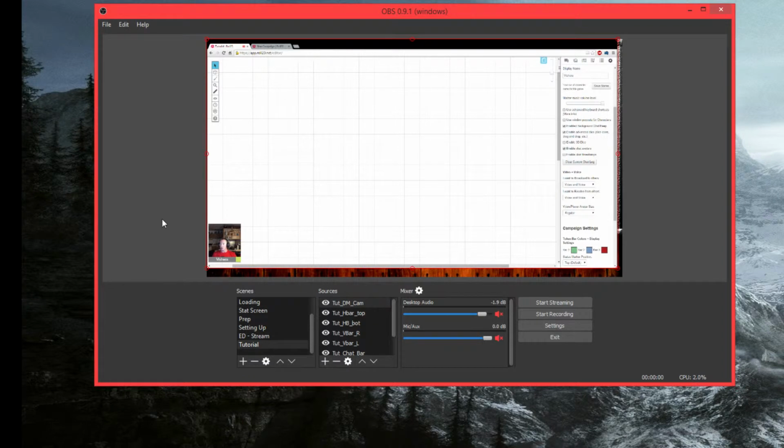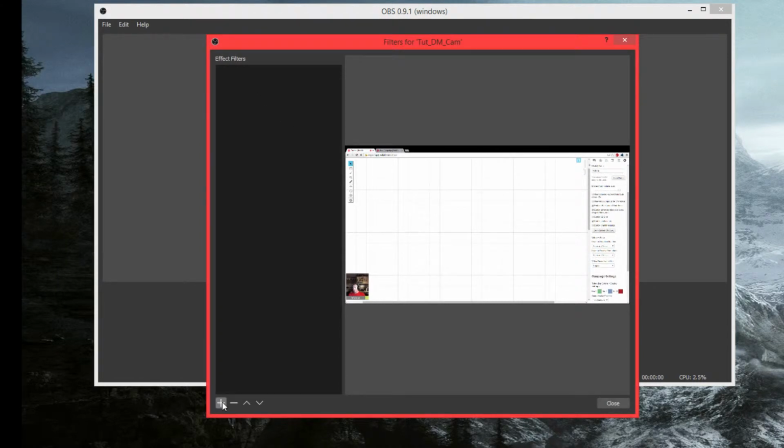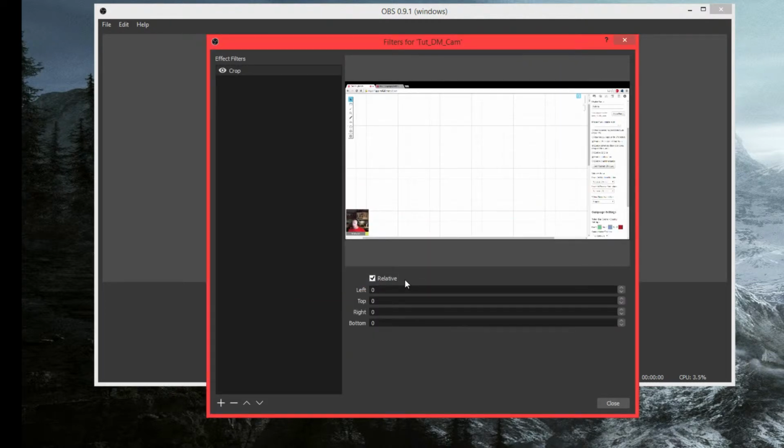window here, but we want to cut out all the excess white stuff and everything else. All we want is just a little square that's there for the camera. So what you want to do is click over here to your source and right click and go to filters, and then go to the plus and add crop, and you can just leave the name as crop. So this is where you're going to crop how far in pixels, which direction, so that way it's just the